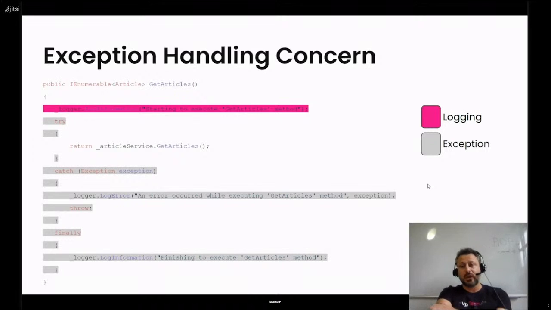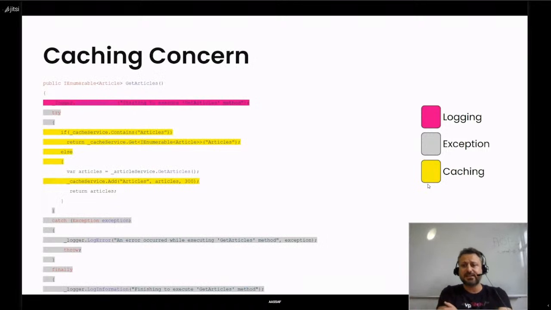It's important to have a cache for the response, so let us add code responsible for caching. Look now: the code was very simple, just calling GetArticle. Now it's very complex, and when a developer tries to read and understand the method, he will be lost between all of this tangled code.